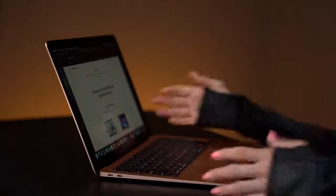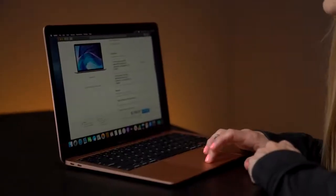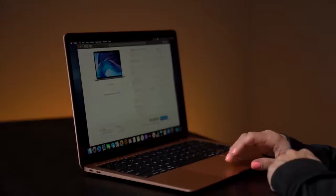This is the machine that's perfect for doing word processing, for writing, to do photo editing. But if you are looking to do more high production, then I definitely think that a MacBook Pro might be right up your alley. But for everything else, this is an incredible computer. Let's also go through and see if we can spec out what the high-end specs of this thing can be. We're gonna add a 1.2 gigahertz quad core, 10th gen i7, 16 gigs of RAM, 2 terabytes of storage, and that will bring us up to